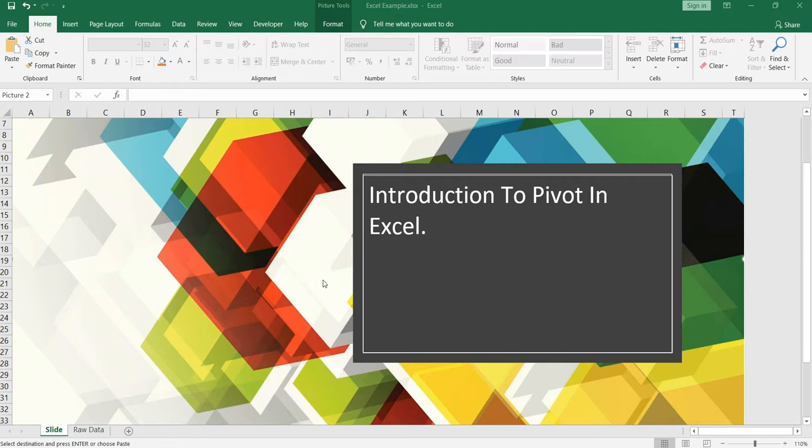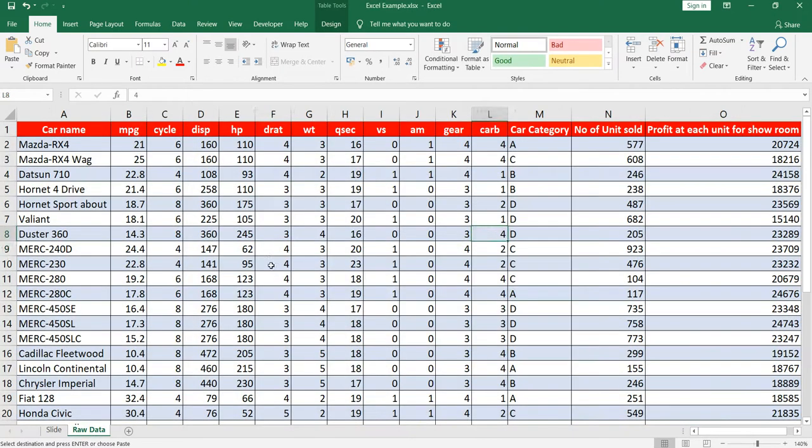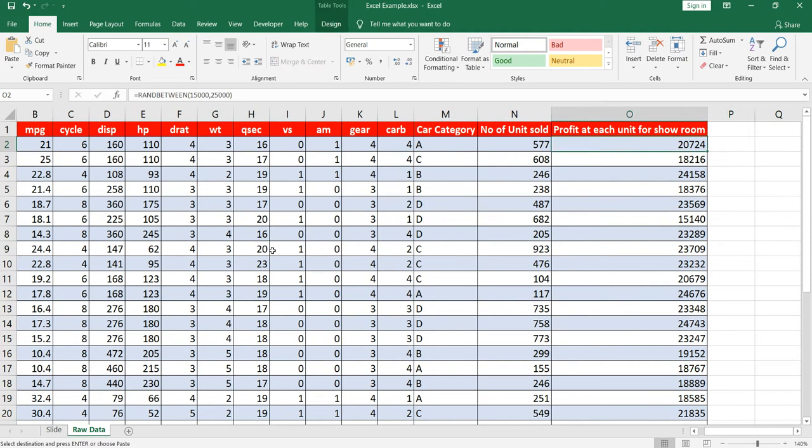Let's go to the practical part of pivot table as a beginner. Okay, so I have created this additional column in my car data set. This is the car category. This is the number of units sold for this particular car, and this is the profit amount the showroom has made on each unit.